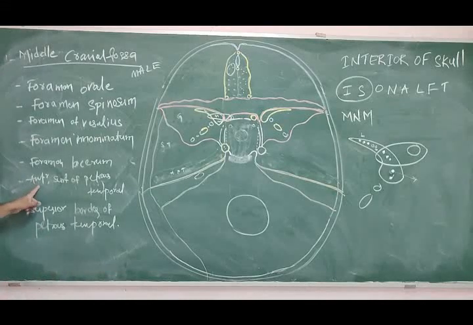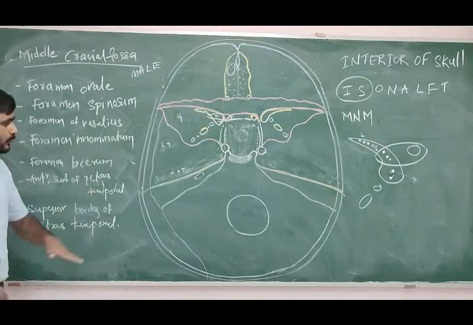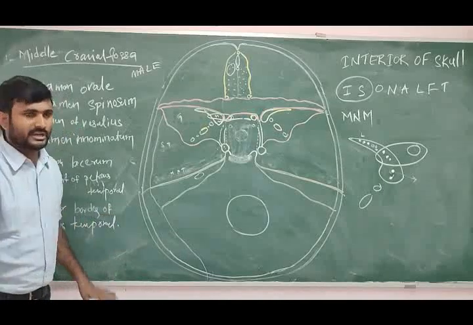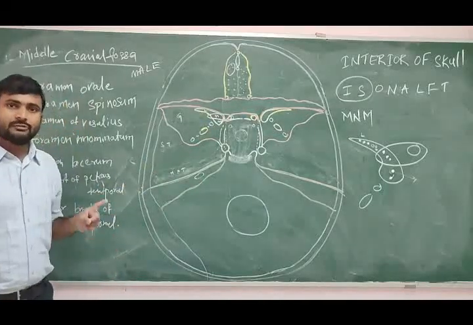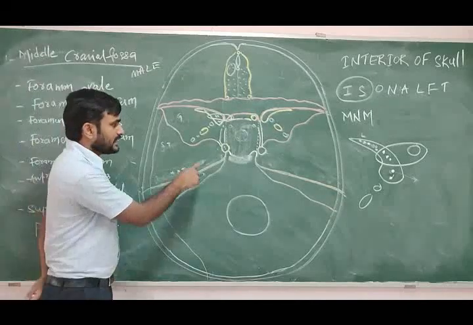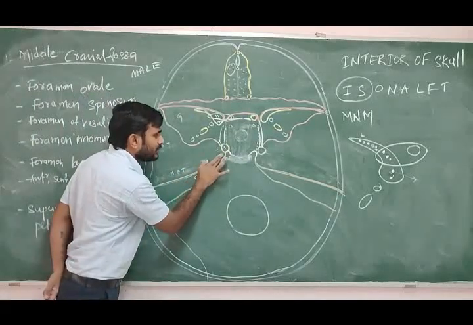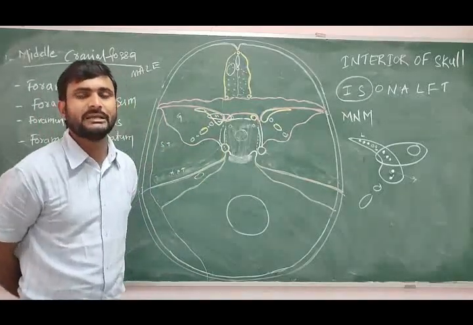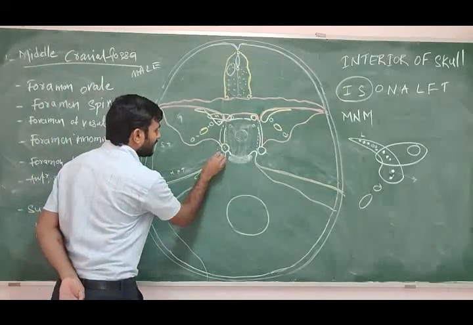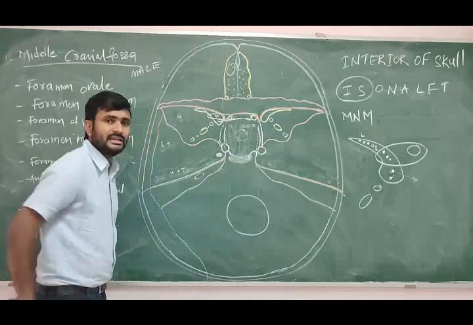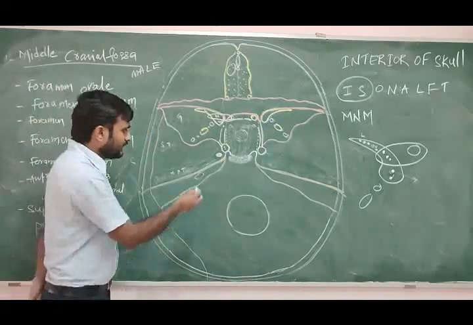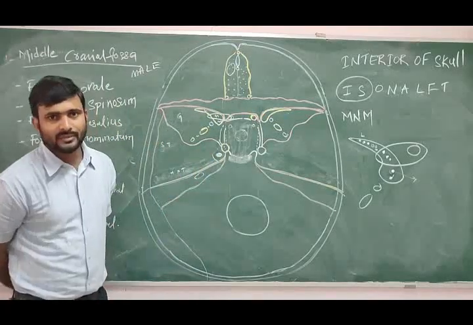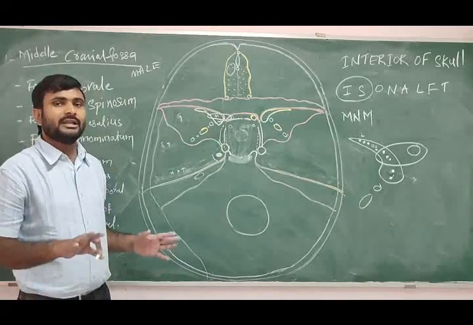Next, we come to the anterior surface of the petrous part of the temporal bone, because the anterior surface completes the middle cranial fossa, and the posterior surface completes the posterior cranial fossa. We talk about only the anterior surface. This is the apex. In this apex, it shows one impression, called the trigeminal impression. Here the trigeminal ganglion is present. Laterally to this impression, one limitation is present, which is the limit of the trigeminal impression.